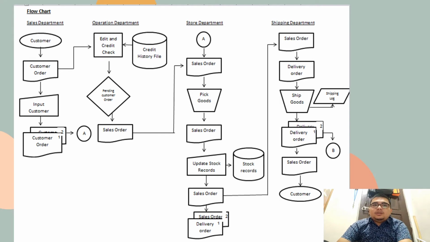So the customer order will go to the operation department for edit and credit check. The credit check will transfer to the history file, the credit history file. After edit and credit check, it will go for preparing the customer order and go to the sales order. Then the sales order will transfer to the store department,